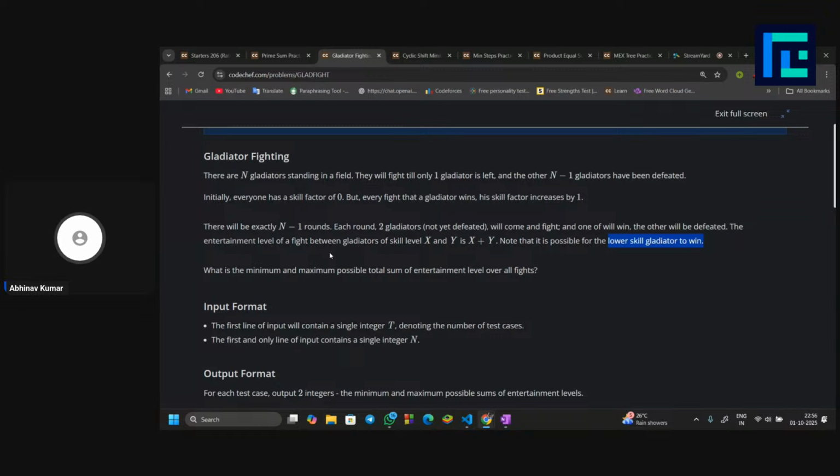So now you need to find what is the minimum and maximum possible sum of entertainment level of all the fights. So you have n minus 1 rounds of fight. Whatever entertainment level you get from each fight, you can make either one of them win, and depending on your decision, you would have different sums of entertainment levels. You have to find the minimum and the maximum possible. Okay,